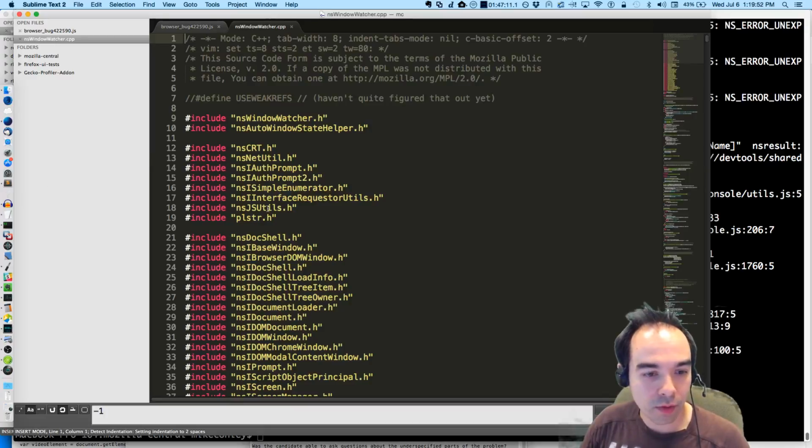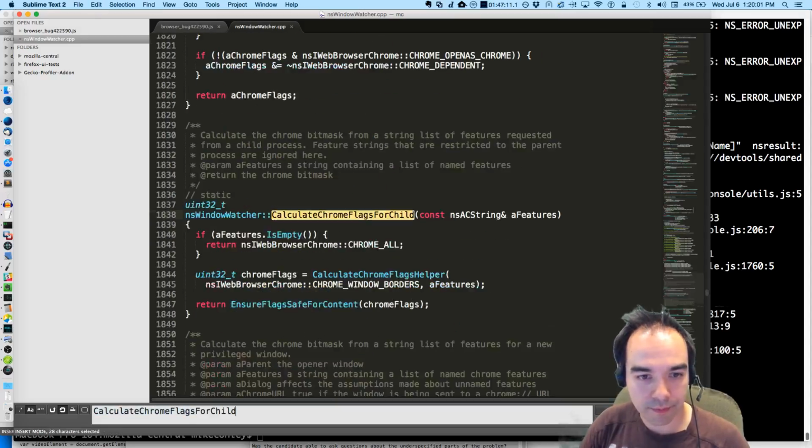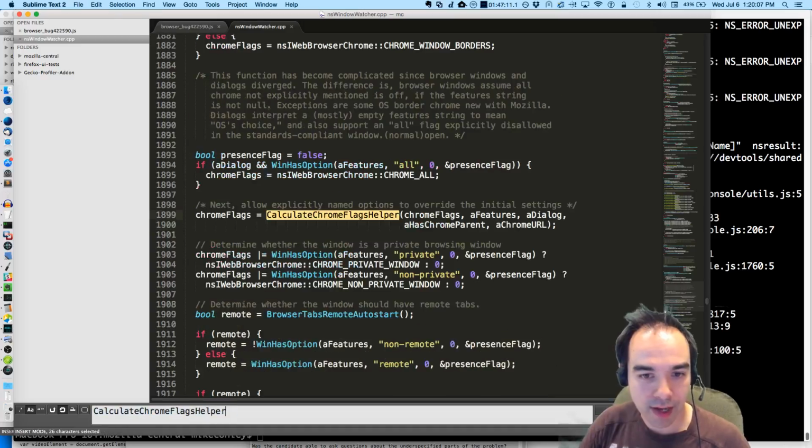So, nsWindowWatcher calculate Chrome flags is the important bit. And I refactored it so that we call calculate Chrome flags helper.